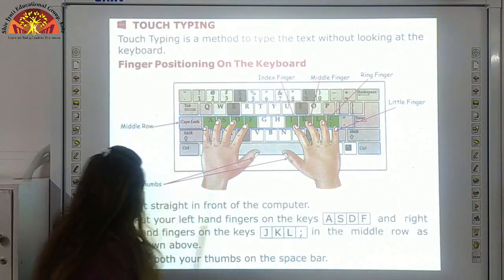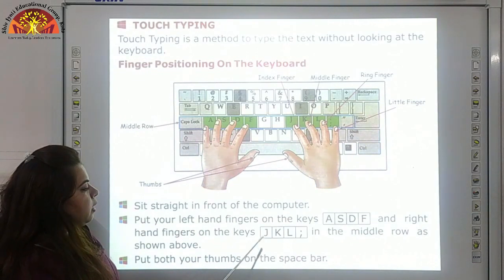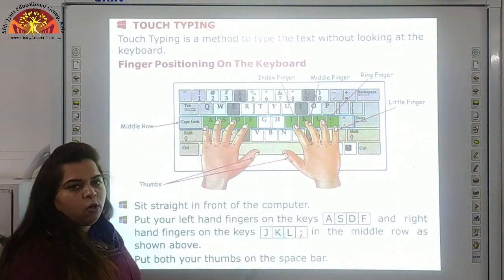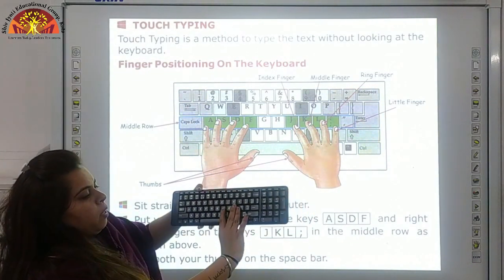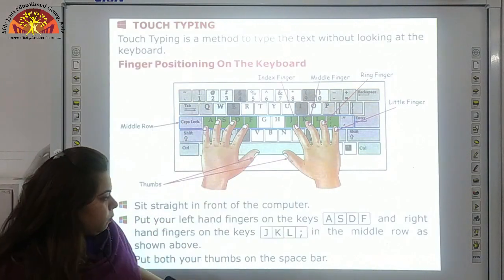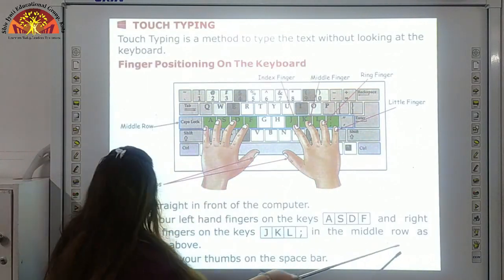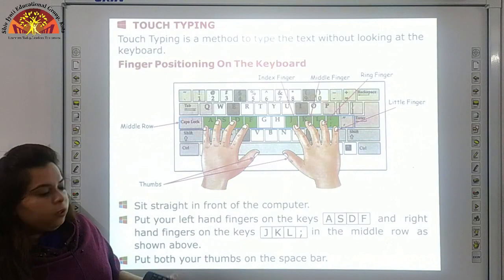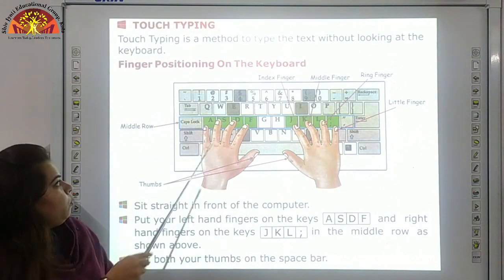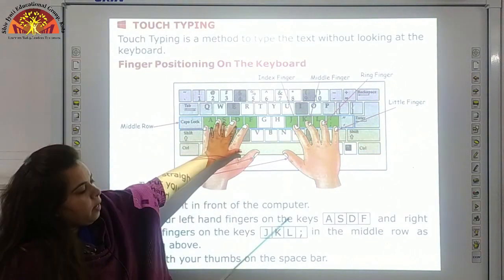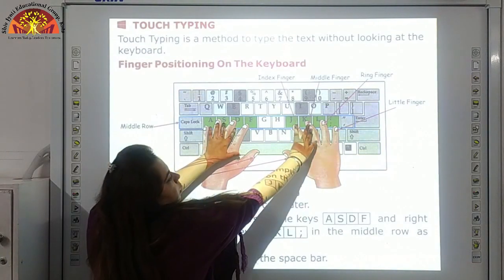And put your right hand fingers on the keys J, K, L and semicolon, in the middle row as shown above. You have to keep your right fingers over here.